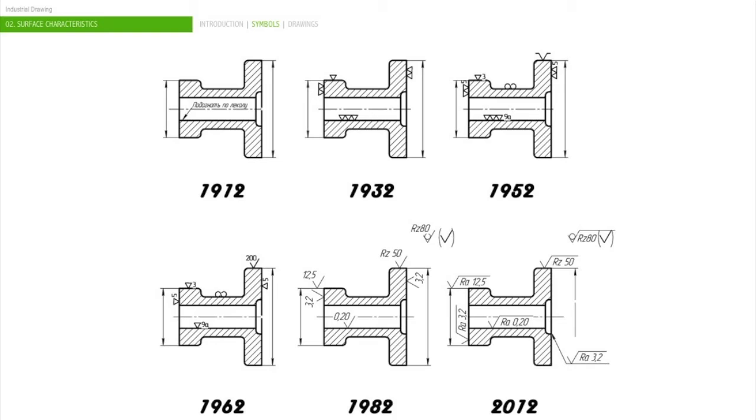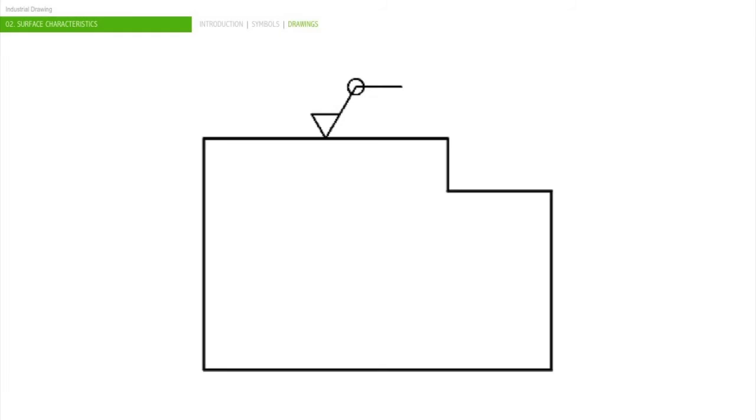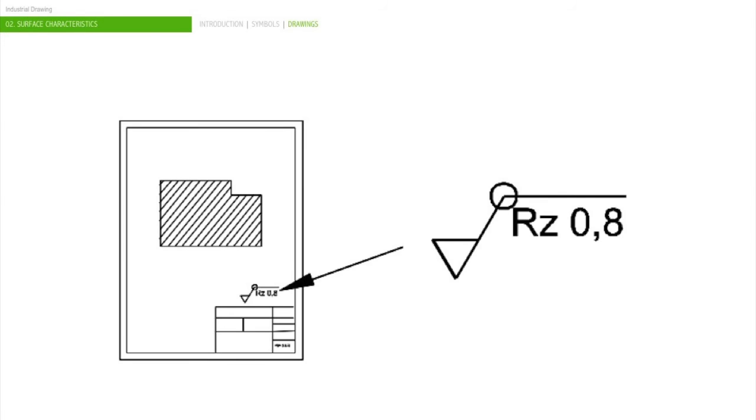When you face a technical drawing, you must take into account that you can find different symbols that have changed throughout time. Let's see now how to put the symbols on the drawing. When the same surface texture is required on any surface of a workpiece, a circle is added to the complete graphical symbol illustrated in the figure, and the symbol shall be placed near the title block